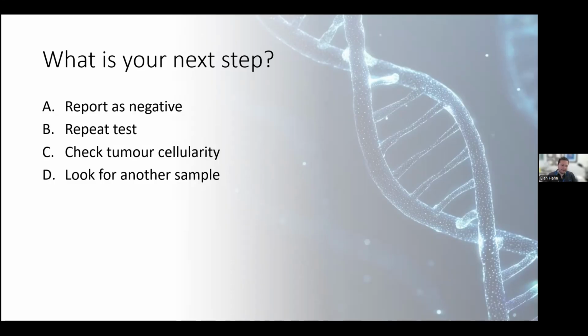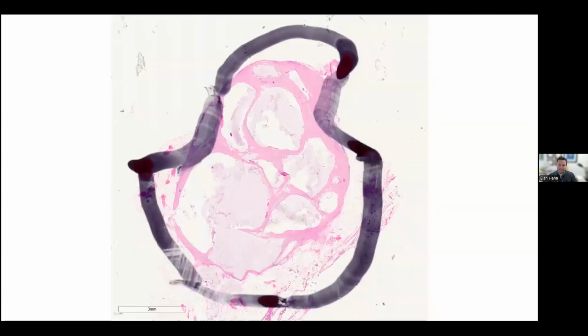I think that is true. And I think if you would go with looking for another sample, then repeating the test if you found a better sample would be a good way to go. For this specimen, we didn't have any other samples, so we couldn't repeat the test, or all the other samples had similar cellularity. So checking the cellularity, you could see the area that was circled,